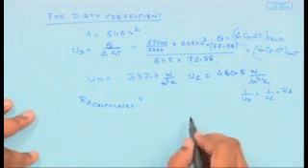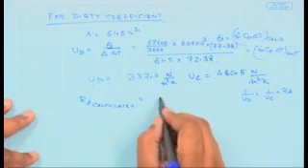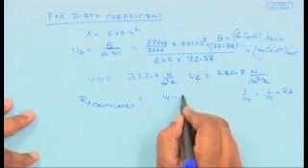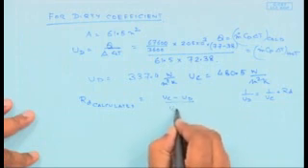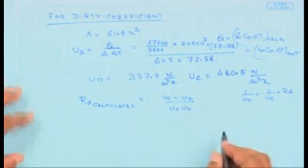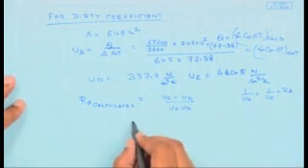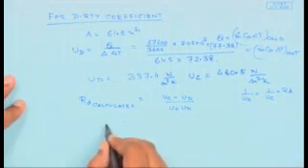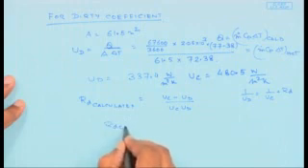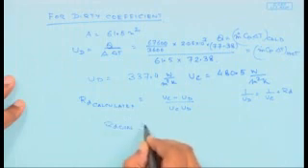So, your Rd would simply be equal to Uc minus Ud divided by Uc Ud, and this would give rise to Rd calculated to be equal